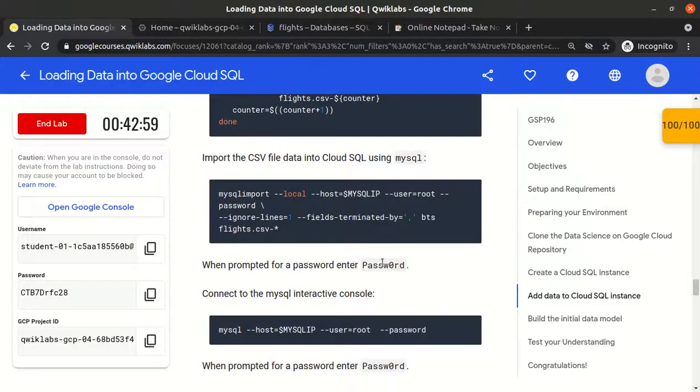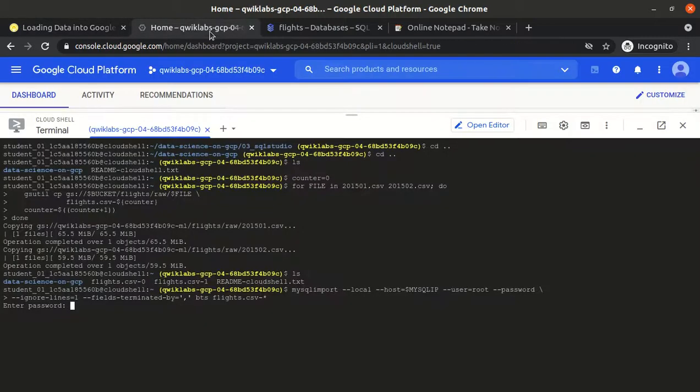Enter password. Now it will load the data. Okay, so we have loaded the data.